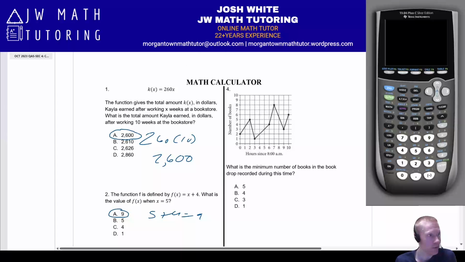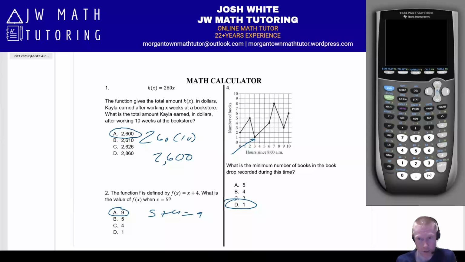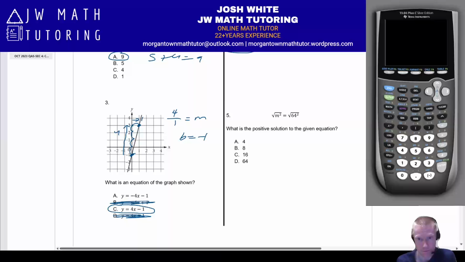All right, for problem number 4 now, you have a graph. What's the minimum number of books in this drop? Well, it looks like the minimum point occurs right here, and the number of books, which is measured on the vertical or y-axis, is just 1. So correct answer, letter D, 1. That's it. Nothing more to it. Just reading a basic line plot. All right, for number 5,